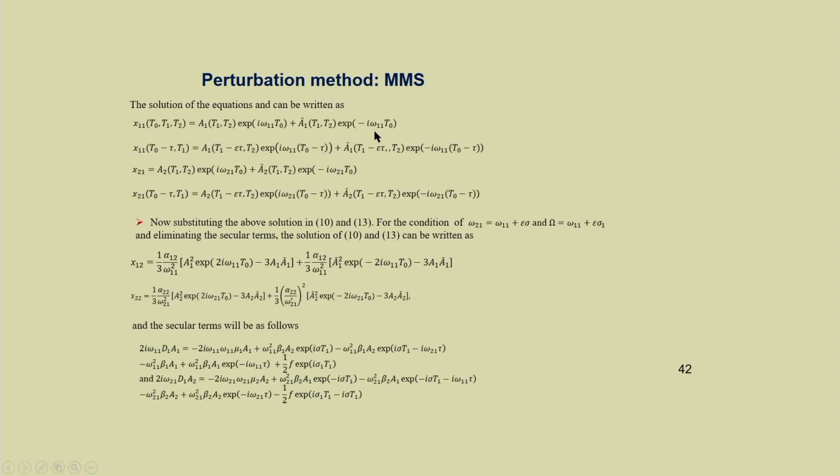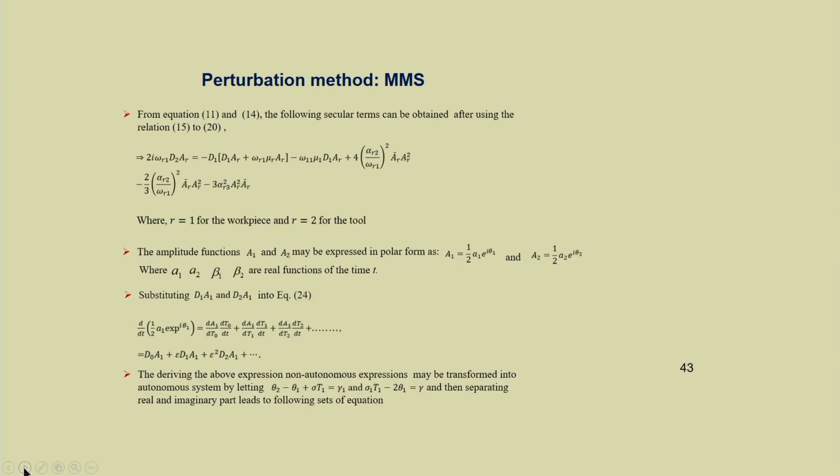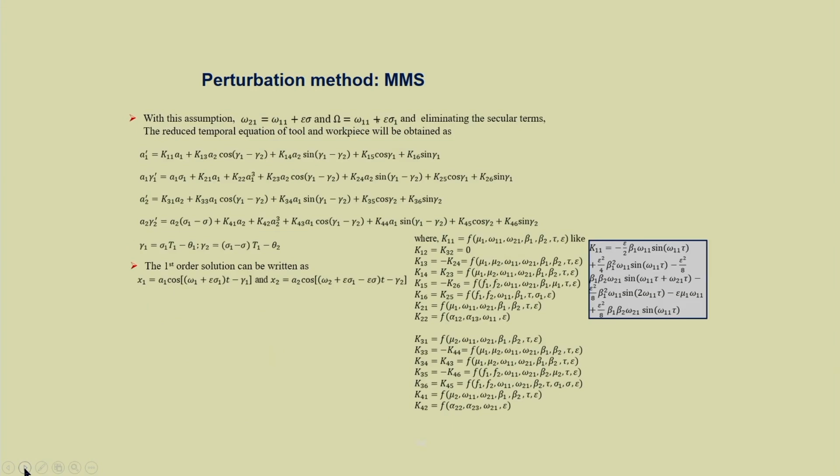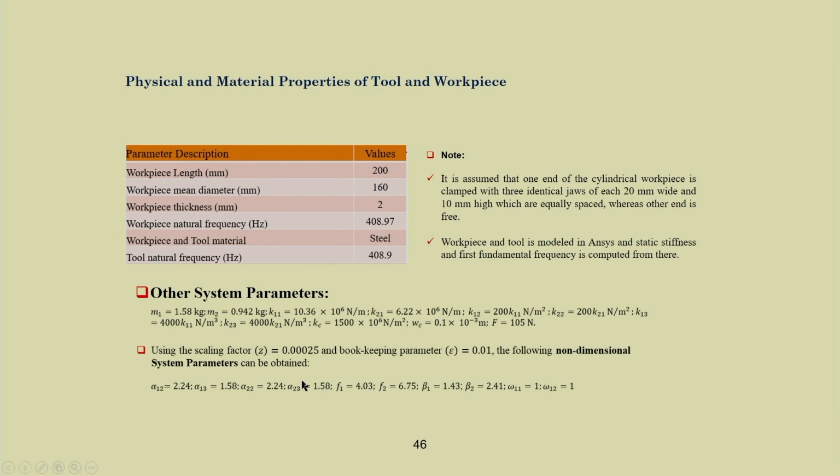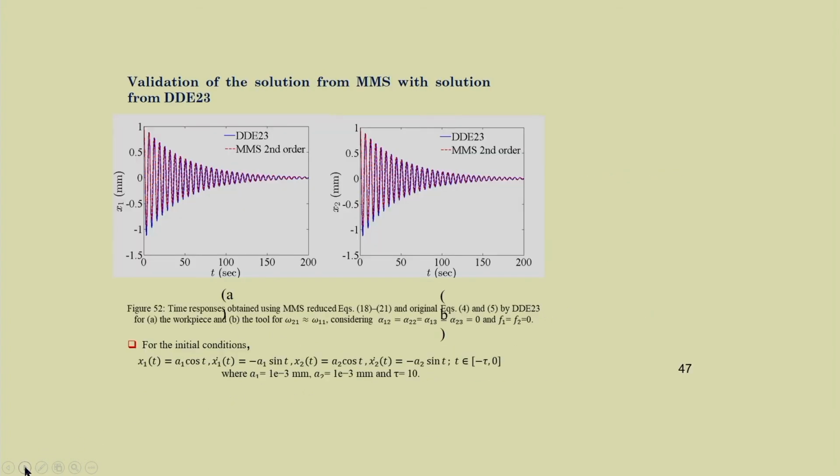Now, following the procedure described in the case of the method of multiple scales, we can get a set of secular terms, and by eliminating the secular terms we can get the reduced equations. These are the reduced equations we got: A1 dash, gamma1 dash, A2 dash, gamma2 dash. So, the first order solution can be written in this form. After getting the solution, for the trivial state we can convert that to P1, P2 form and take these physical parameters. So, we have shown that the